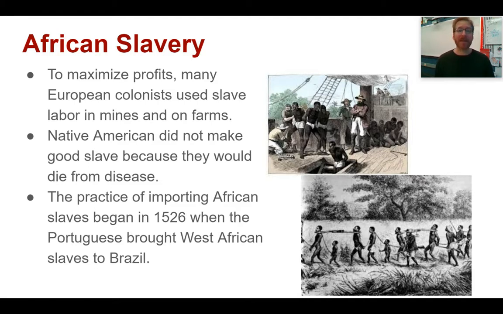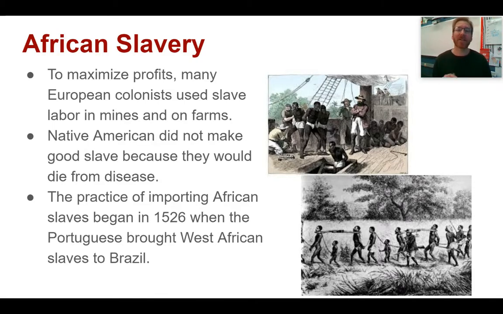This really begins the process of the mass enslavement of West Africans. West Africans who have already had contact through these Silk Road trade routes and all these diseases through the Trans-Saharan trade routes had already developed resistance to a lot of these European diseases. They weren't going to die in the same numbers. And so in 1526, the Portuguese start the large-scale importation of slaves from West Africa into their colonies in Brazil. The Spanish will pick up on that and start importing to their colonies. And then later, so will the Dutch.